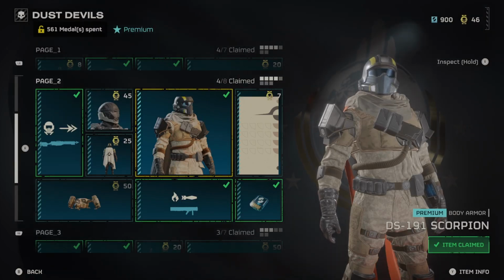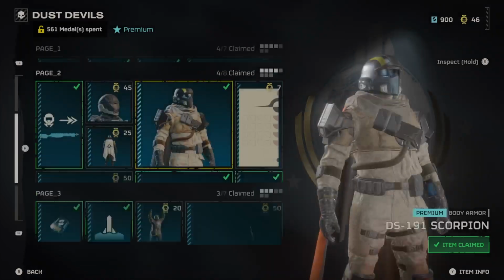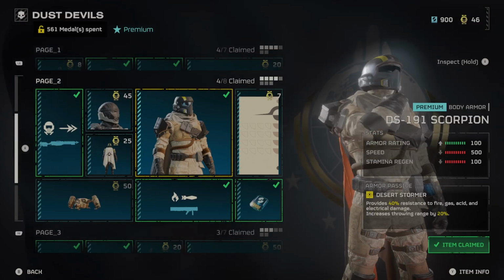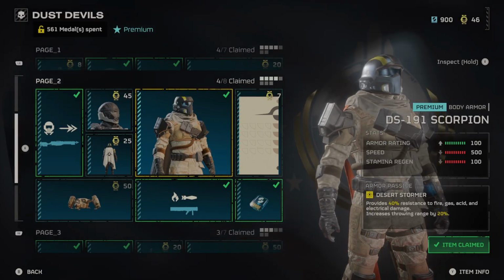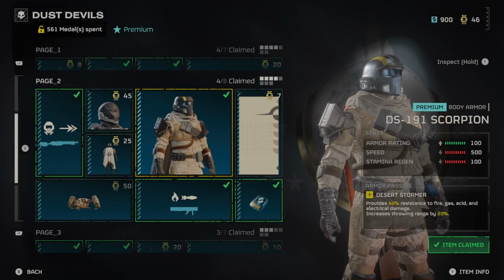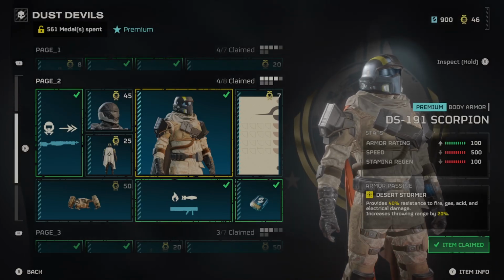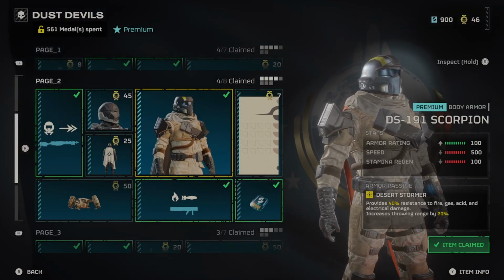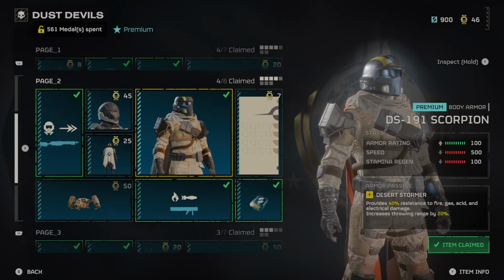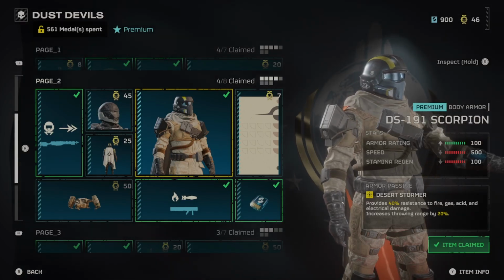Now we move on to the Scorpion armor. This is some pretty cool armor, in my opinion. It's medium. It's the medium set of the heavy, where it's got the 40% resistance and the 20% throwing range. Sorry. It's got 100 armor rating, 500, 100. Pretty decent stats. I like medium armor. I like medium and light armor personally,